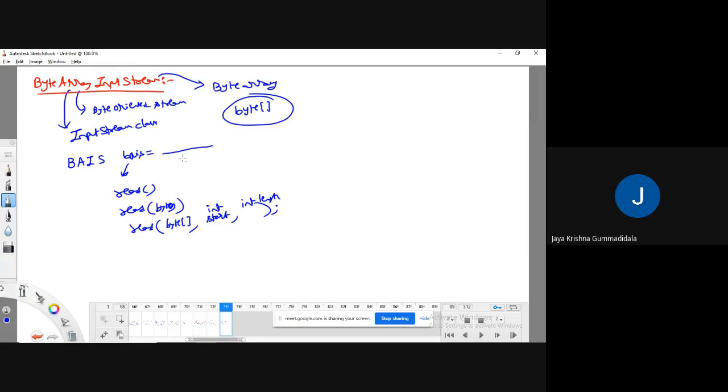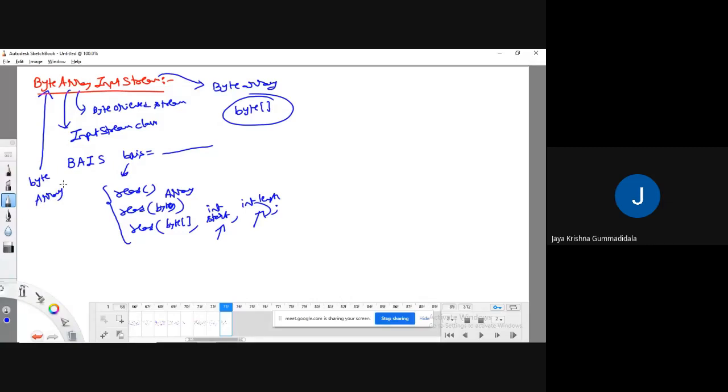Okay, so once you create a byte array input stream object, from that I can perform various kinds of read operations, meaning that I can read only a single byte value, or I can read an array of byte values. In that I can define the starting location, and from that starting location how many values I want to read. That I can also define. So when you are working with the byte array input stream, the main important point is to read data from a byte array. That's it. The specific use of this one is to read data from a byte array.